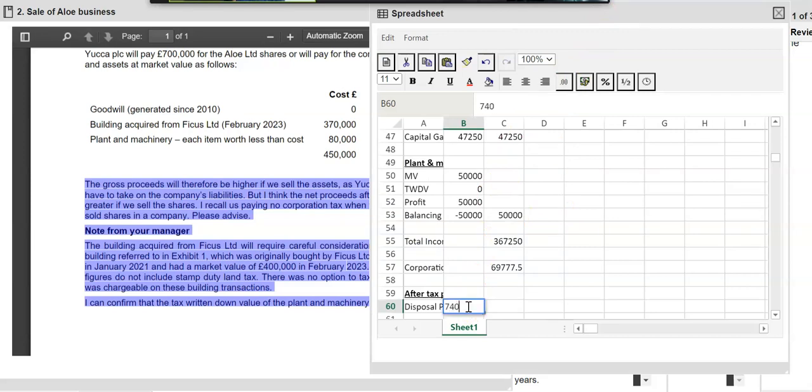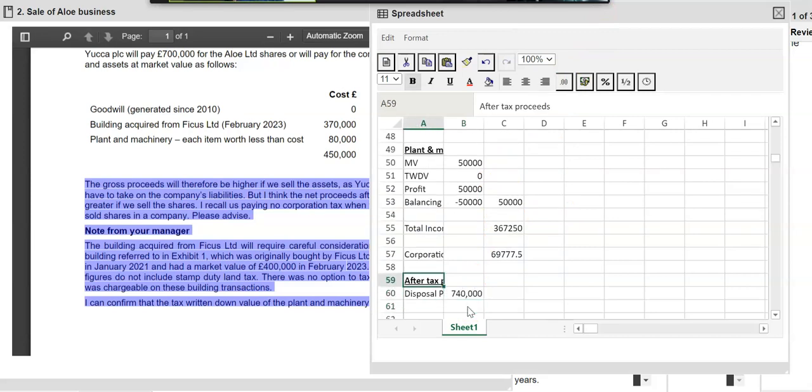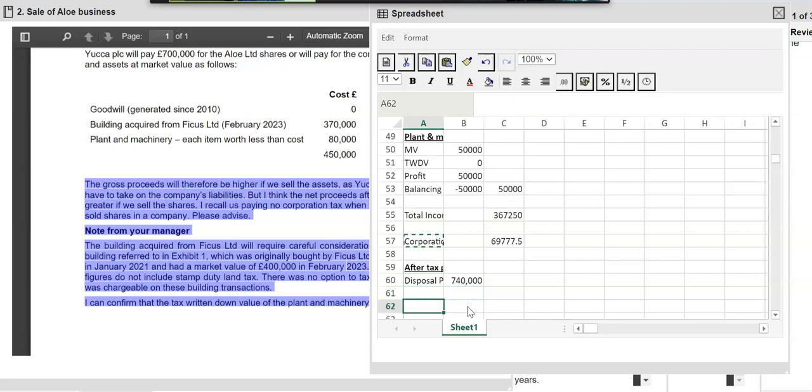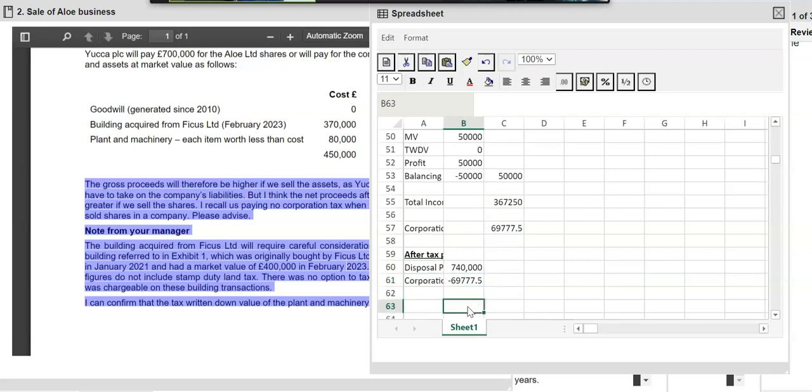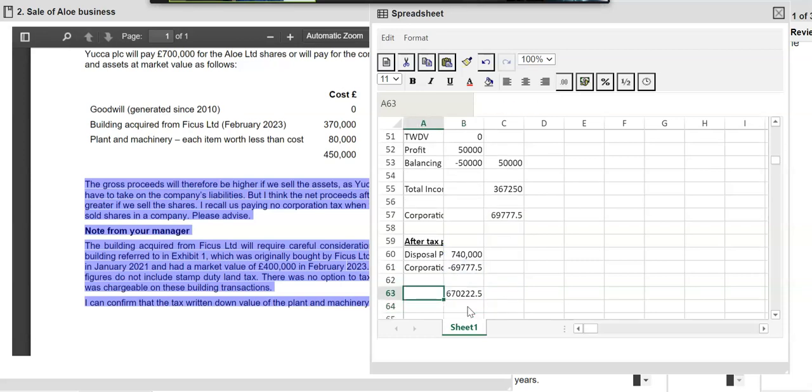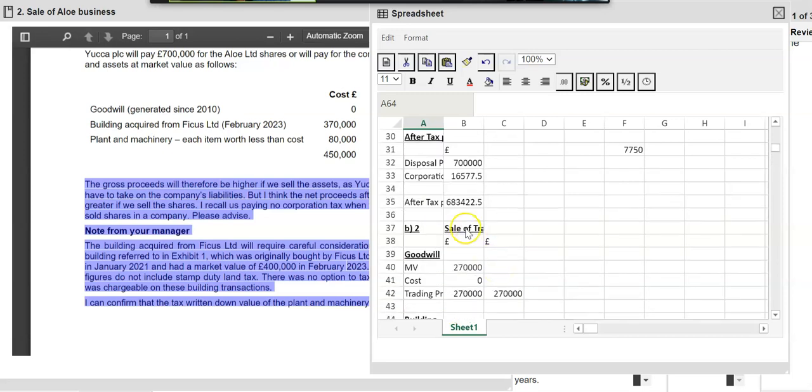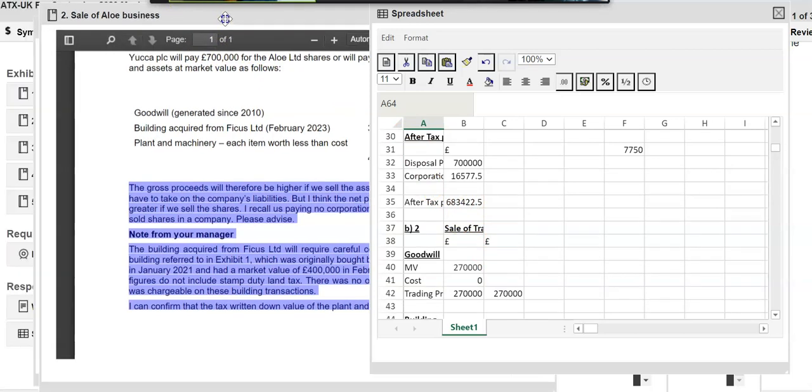So 740,000 from the question. You deduct the corporation tax from it. Is equal to minus. There you go. And then you make a sum. There it is. So this is the after tax proceeds. After tax proceeds are 670,222, and in the first part it was 683. So selling the company through the selling of shares would be beneficial,